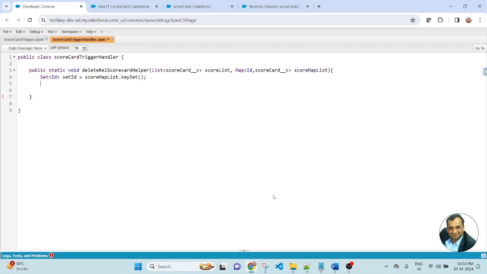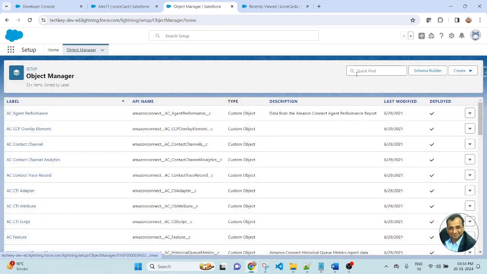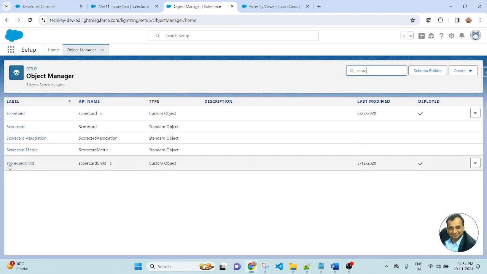After that, I am writing a SOQL query on the child object. The child object API name: go to the Object Manager and search for the scorecard child object. This is a custom child object.